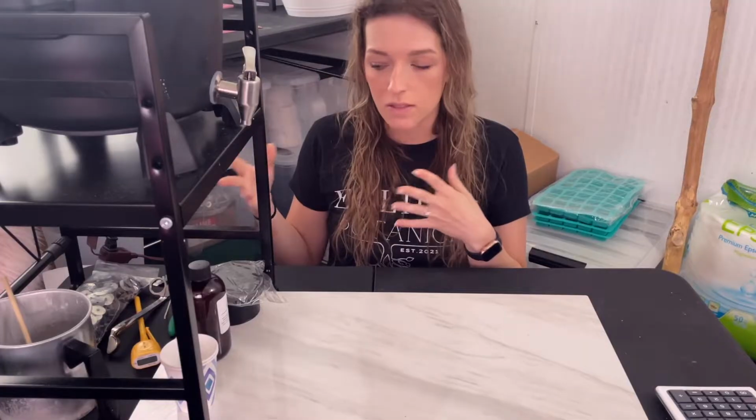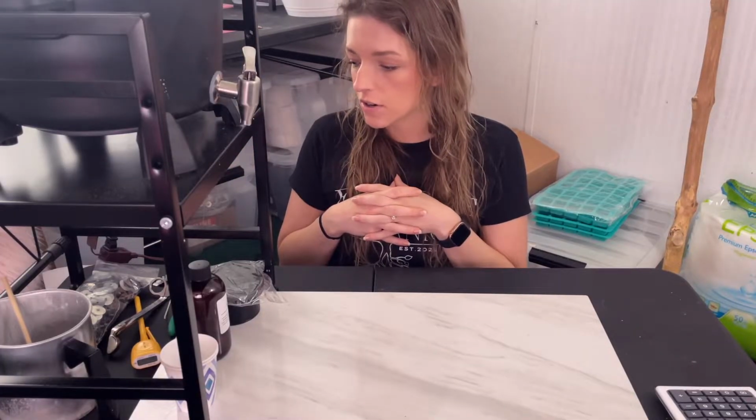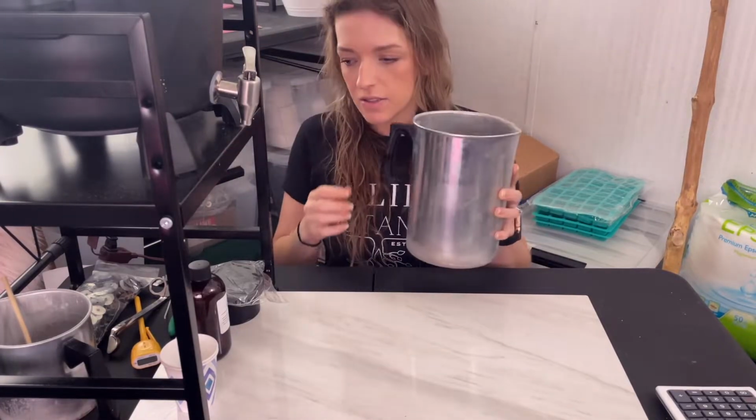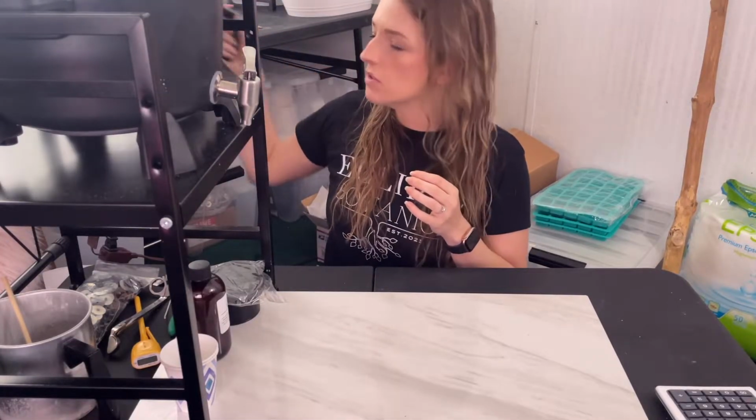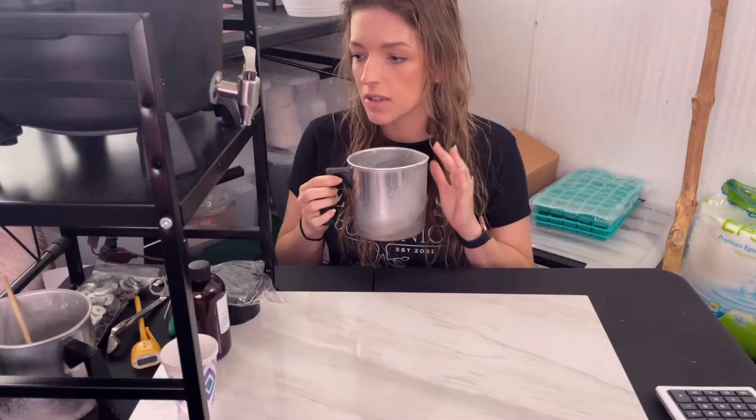First, you're going to need your heat source, double boiler method, or Presto pot if you prefer. Secondly, you're going to need a pitcher. This is what I use for most of my candle making, but for these examples, I'm going to be using a smaller one. This is the one that usually comes in all of the candle making kits,